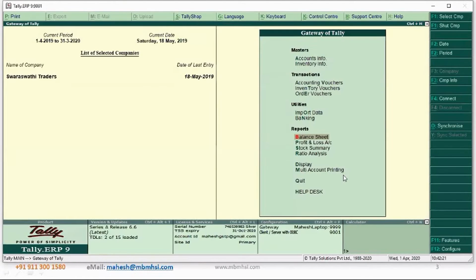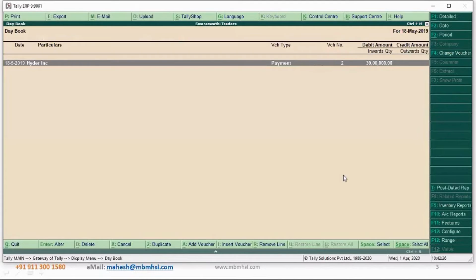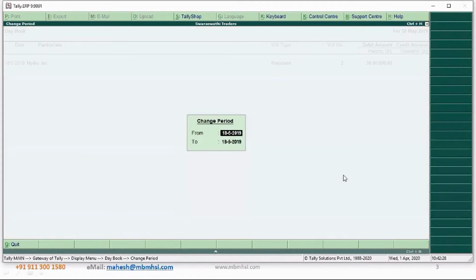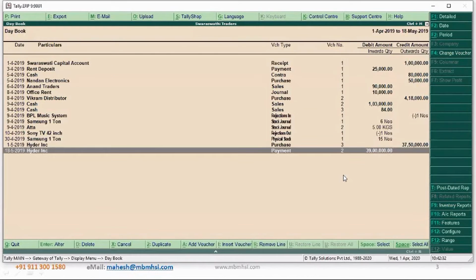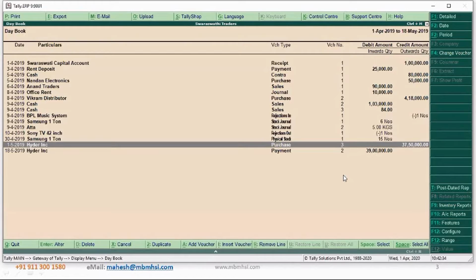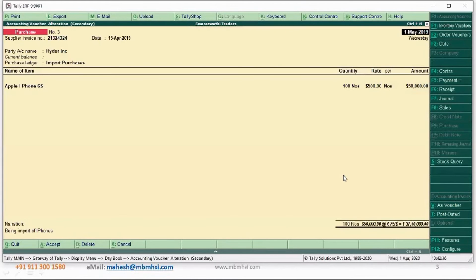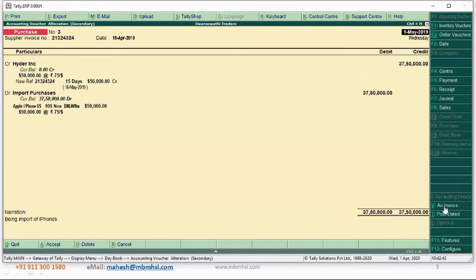Okay, so let's do one thing. A few of the participants were asking me to show this transaction in double entry mode. So let me just take the same transaction. This is my purchase, in the purchase screen. If we want to use it as voucher, I'm just changing this to voucher. Okay, so this is the double entry mode. If somebody is using the double entry mode, this is how the transactions look.